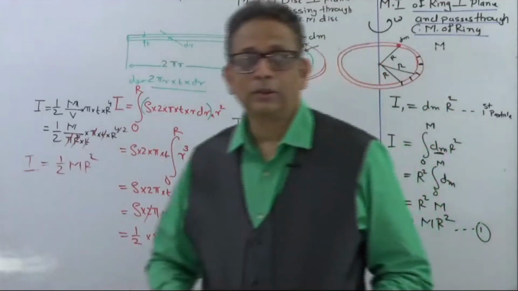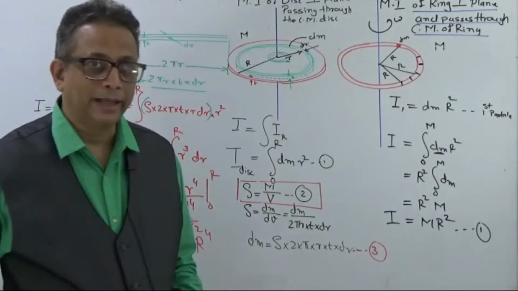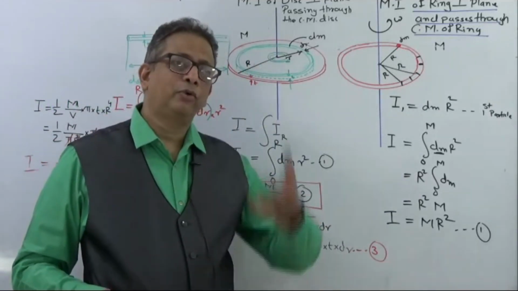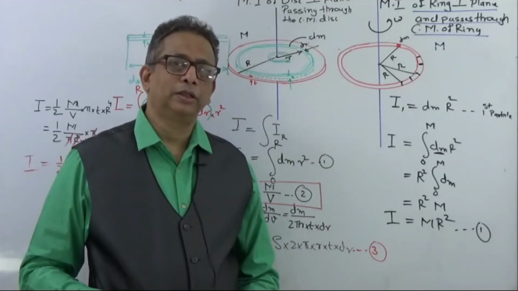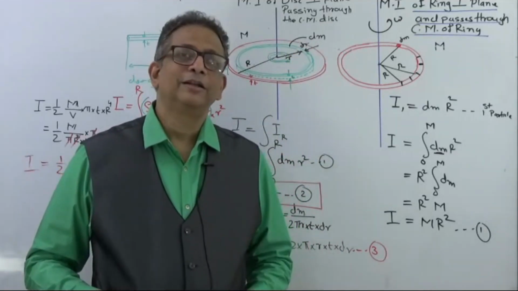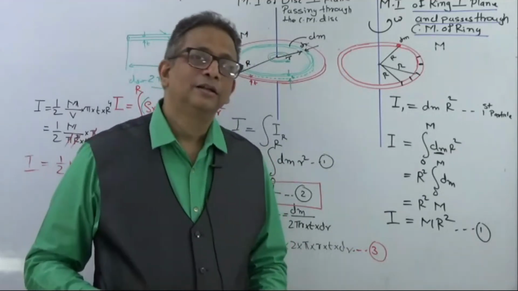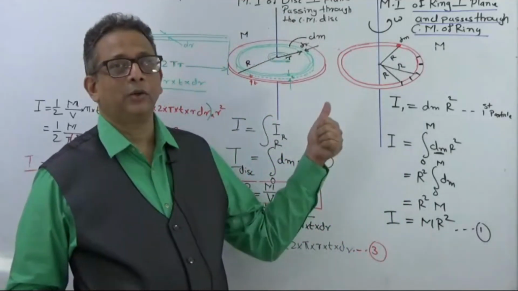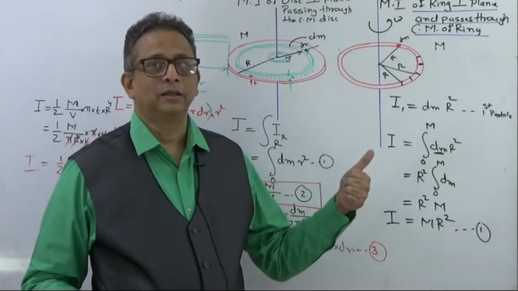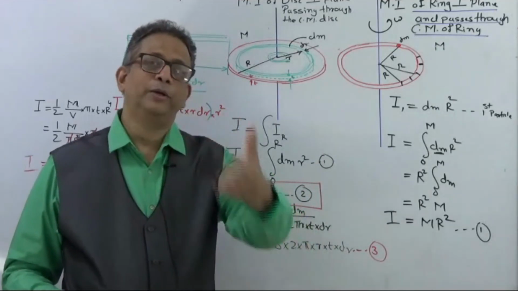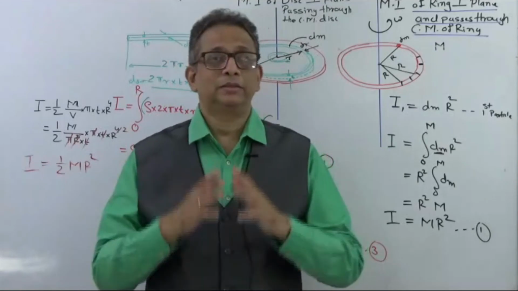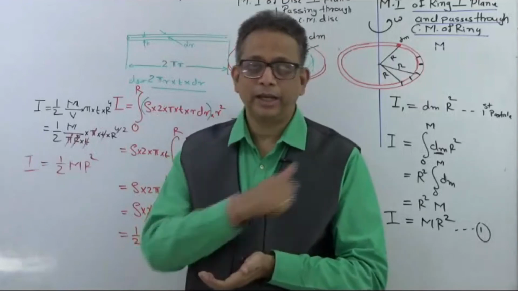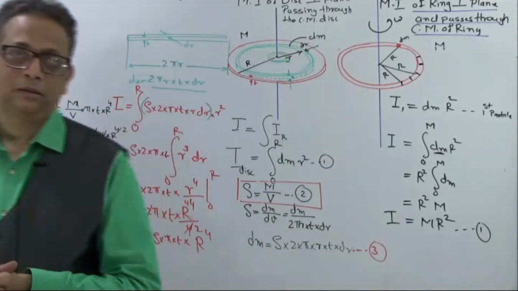Now the moment I change the position of the axis and place it at some other point, the whole theory is going to change and I have to redefine the moment of inertia for this, but every time doing it through integration is going to be difficult. So there are certain shortcut theorems through which I can find the moment of inertia. Once I know the moment of inertia of any object passing through the center of mass, the other moment of inertia I can find out using certain theorems, and those theorems we are going to learn now. Before that, this is a derivation, so please make a note of this.